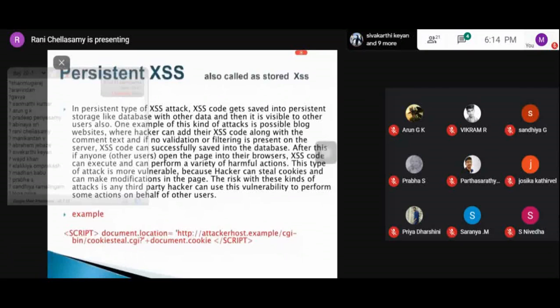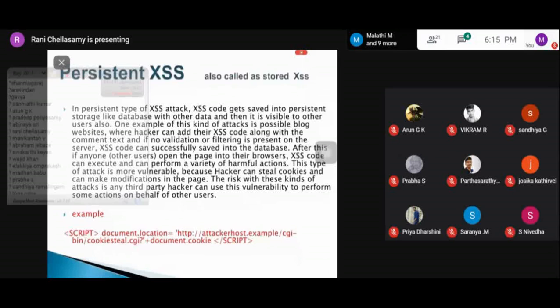The browser will then execute that code because it appears to come from a trusted server. So the user will think that they are using a legitimate website, but that's not the case. They are accessing the vulnerable website or vulnerable web server. This is non-persistent XSS.